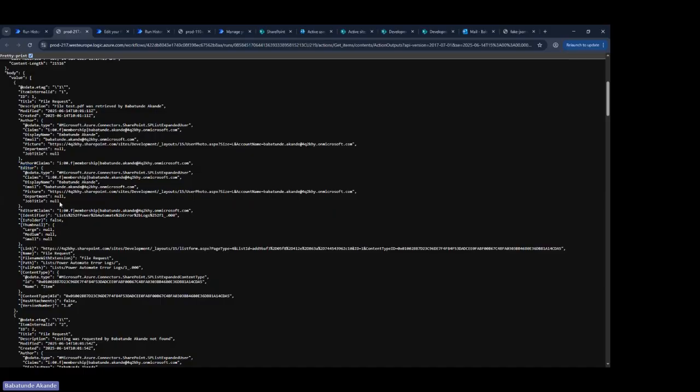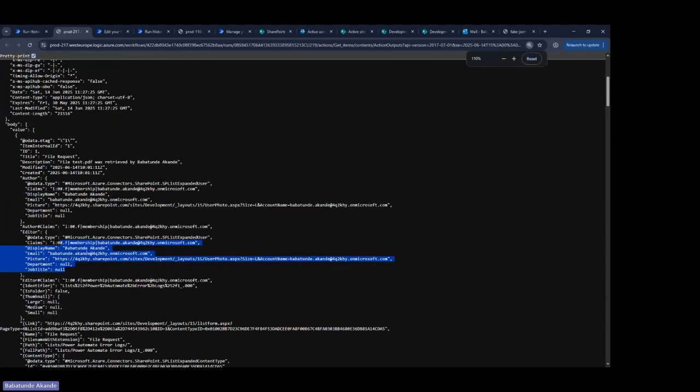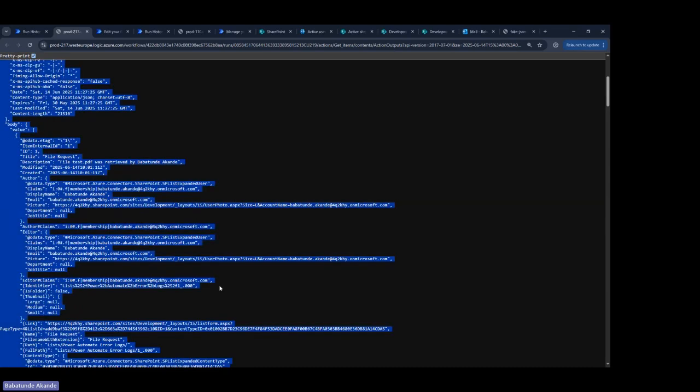Okay, so good. We can see that there is a null here, for example. This null means that this particular user has no job title to their name. They don't have any department as well. This is the picture of the person. This is the email. So now we see that this is an array which has an object. So this particular, okay, let me bring it to